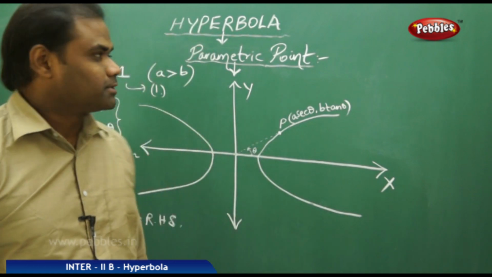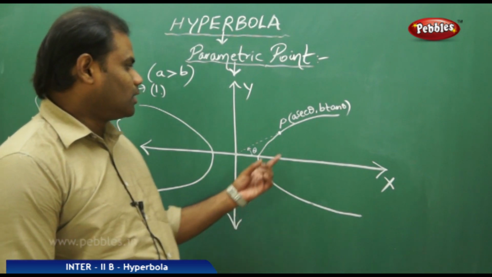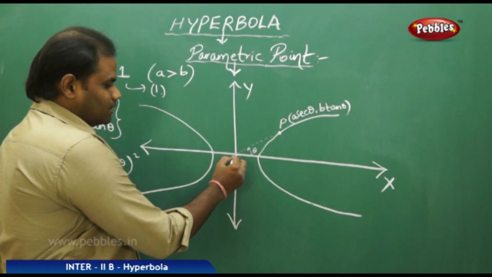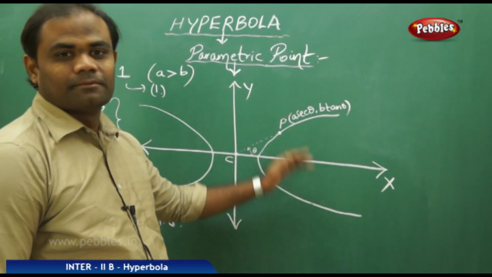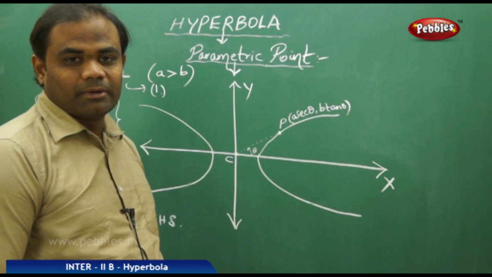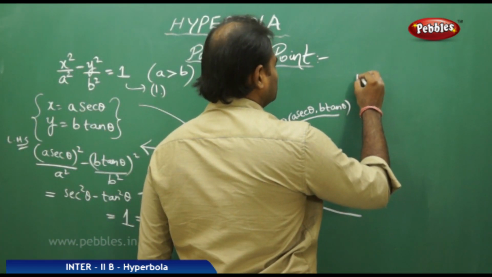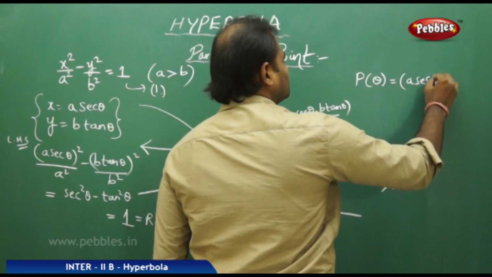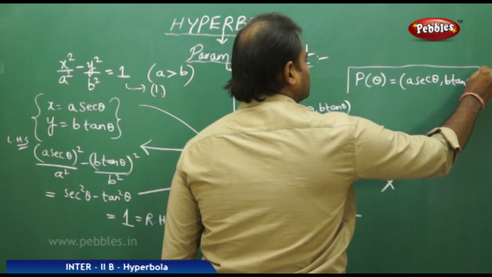Now let's discuss the parametric point of the hyperbola. As we know, a point on the hyperbola can be taken with coordinates a secant theta and b tan theta, where theta is the angle made by the center of the hyperbola with the point along the x-axis in the anti-clockwise direction. So this theta connected with the coordinates of P or any point on the hyperbola is very much connected with the parametric point. A point which is generally taken in the form P of theta, which is a secant theta and b tan theta, is called the parametric point